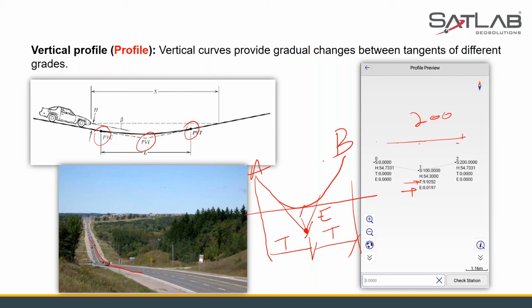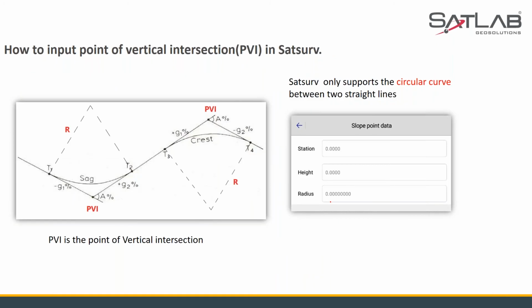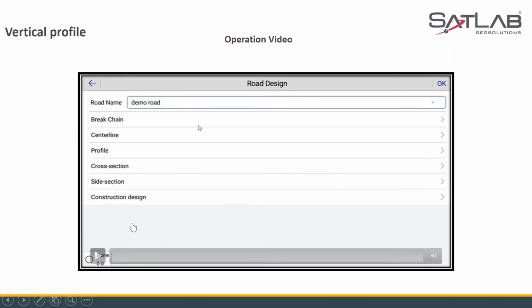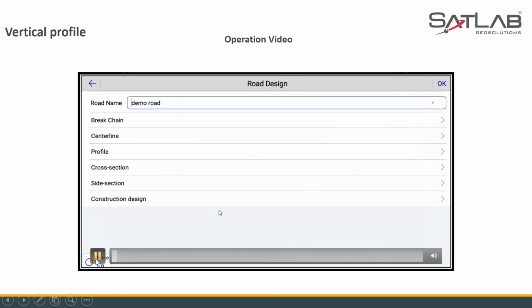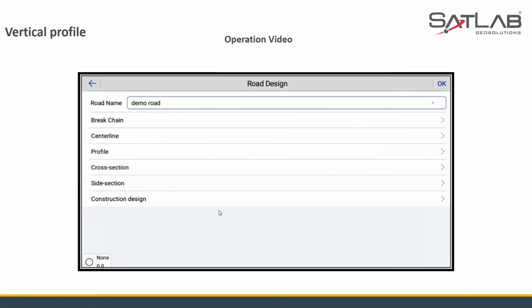And this is point A to point B over here. This part is my T. And this particular elevation, the E, is the distance from the PVI to the bottom of the sag. So this is my E. And T is the horizontal distance between point A and the PVI, and the PVI and point B. Okay,